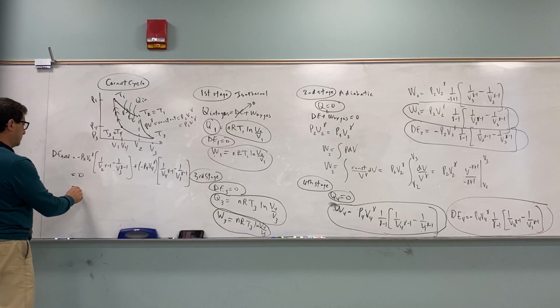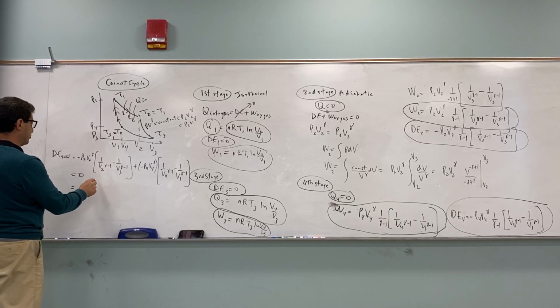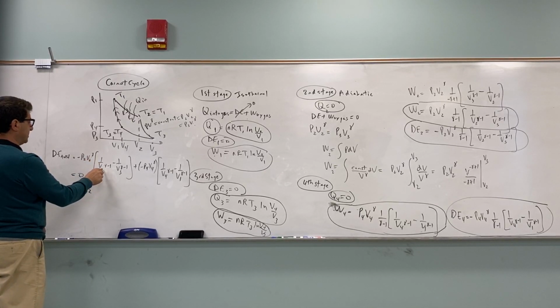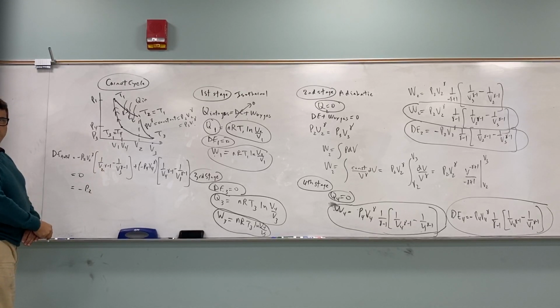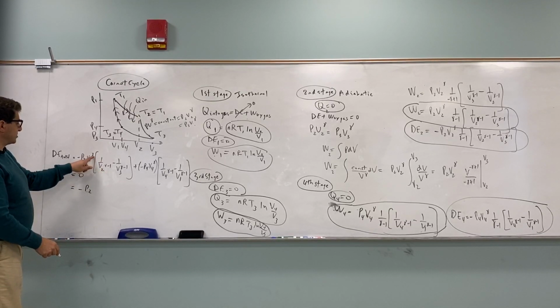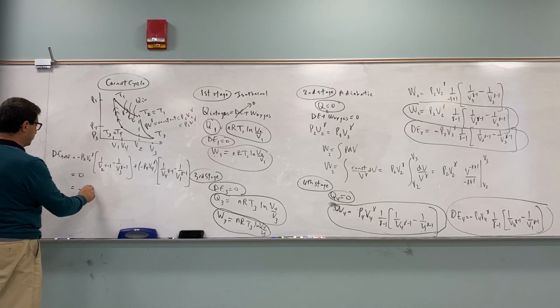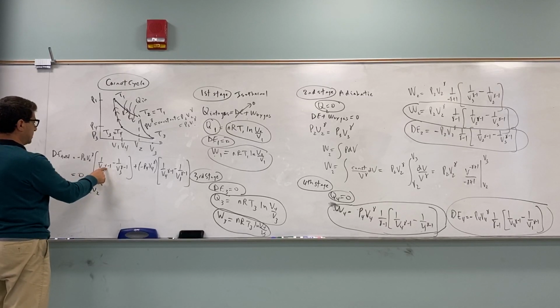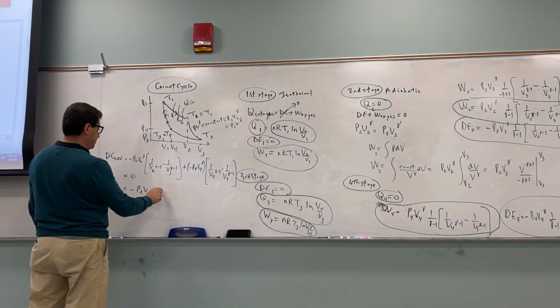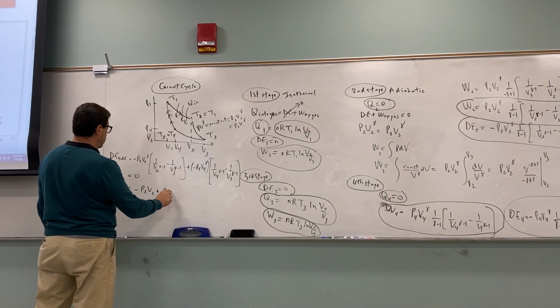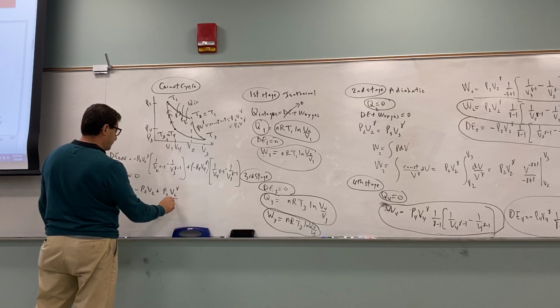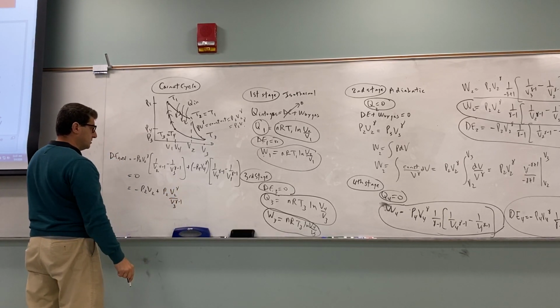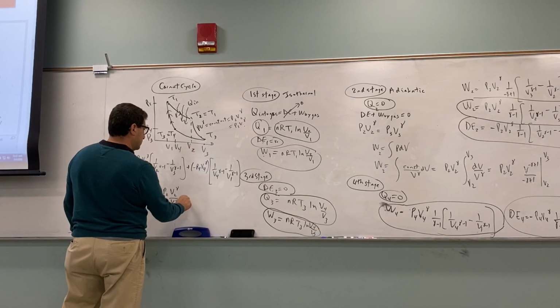Let's see here, negative P2, if I distribute this in, what do I get? P2 V2 is equal to P4... because if you divide this by this, you get what? Negative P2 V2. Don't the gammas cancel? Oh yeah, you just get negative P2 V2 if you distribute it in. The gammas cancel. Plus P2, this one doesn't cancel, V2 to the gamma over V3 to the gamma minus 1. Then if I distribute this in, negative P4 V4,